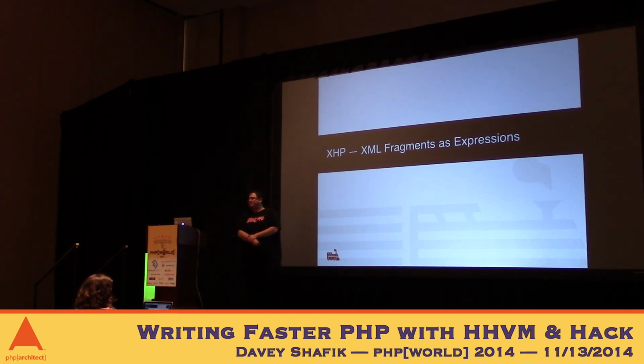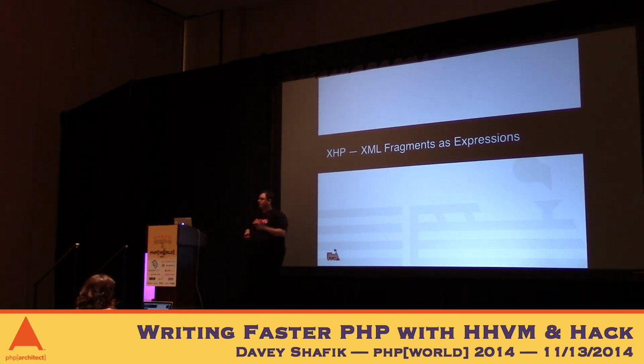All right, XHP. This is actually really cool. This is a feature I was skeptical of, but the more I think about it and the more I see it and the more I use it, XHP gets better and better and better. It makes XML syntax a top-level syntax. Just like, say, echo is, you can now use XML tags without any string quotes, right? They are top-level elements. They're no longer strings. That's really important. They auto-escape any CDATA, and they allow for object-oriented semantics. So you can do composable widgets for templating, which is really cool. You can have one tag that is composed of multiple tags and have widgets.